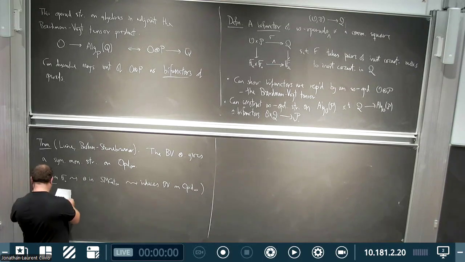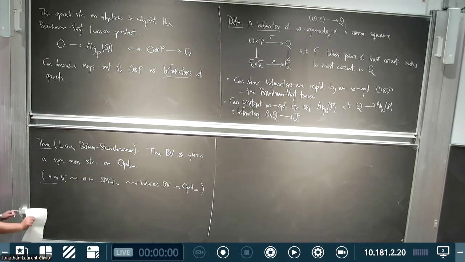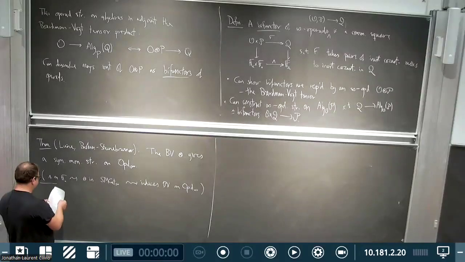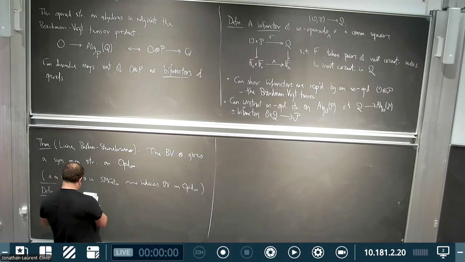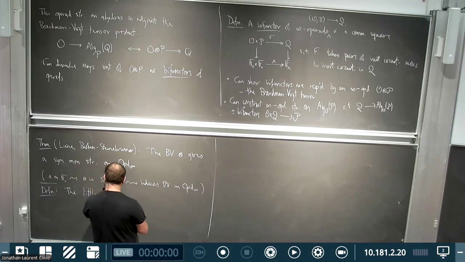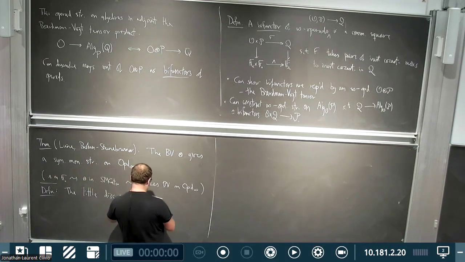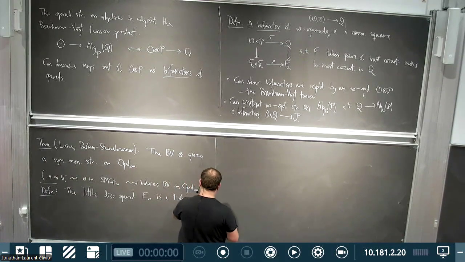So let's get back to the main thread. So we have the tensor product. In most applications, it's not so often that you really care that it's a symmetric monoidal structure. Well, anyway. One thing that one can define, that for the moment has nothing to do with the Boardman-Vogt tensor product, is the little disks operads E_n. You can define it as a one-object operad in topological spaces,